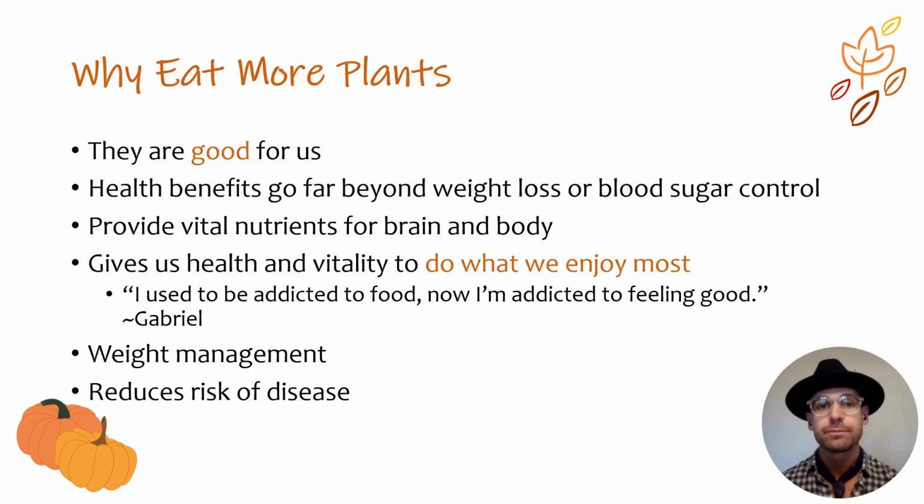Why eat more plants? Simple and easy. They're good for us. When we incorporate lots of different plants and lots of different colors, we're going to do right by our health. So think fruits, vegetables, whole grains, beans or legumes, nuts and seeds, herbs and spices, and don't forget the other one that's not technically a plant, but we throw it in there usually with vegetables, mushrooms. These 7 different types of foods we want to incorporate on a consistent basis, and we want lots of different variety when it's accessible to us, when it's affordable,